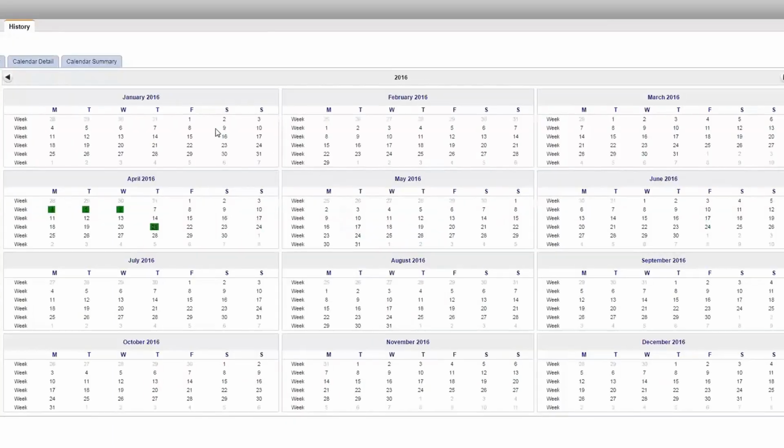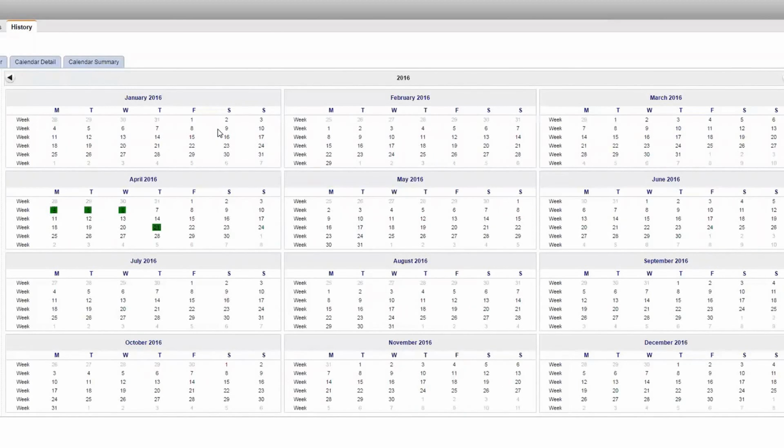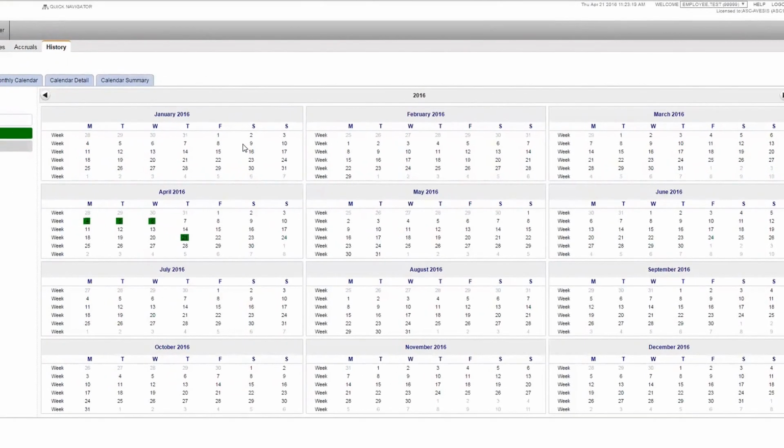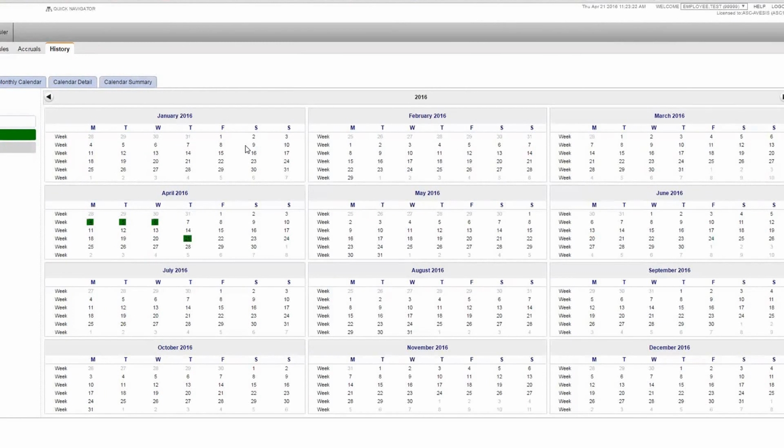And then the last tab under the attendance tab is a history tab. The history tab does consist of 4 sub-tabs under it. We have annual, monthly, calendar detail, and calendar summary. The annual calendar basically gives the employee